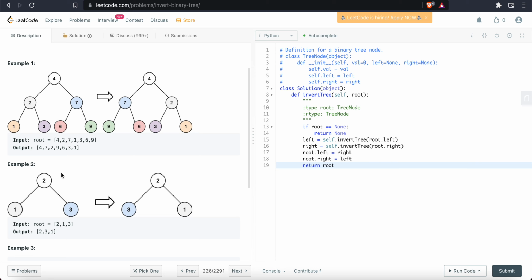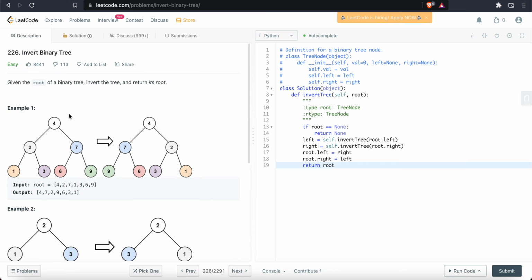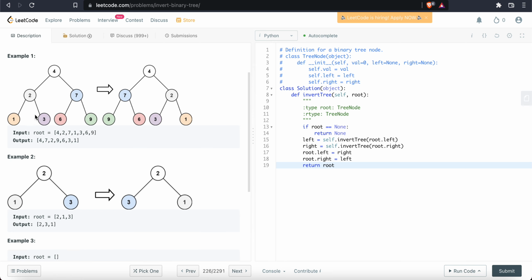Again, there probably is an iterative solution, but generally speaking, in an interview, they will not ask you to implement this iteratively, mostly because this problem right here is considered an easy one. So if you get this problem, I expect that you would get it at a company that's recruiting for internship positions probably. But nonetheless, it's a good problem to know because it helps you understand a little bit about recursion. So yeah,